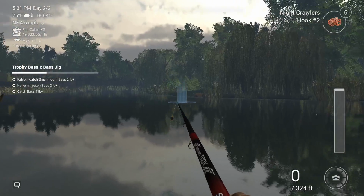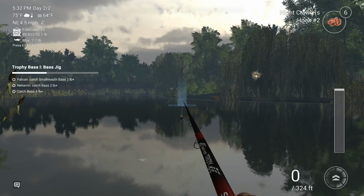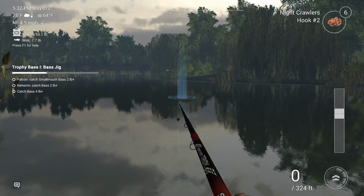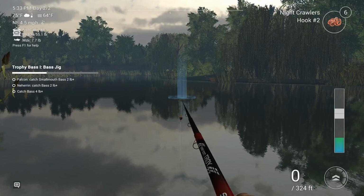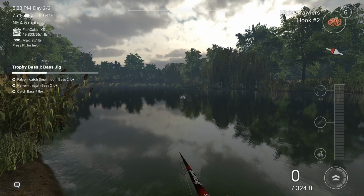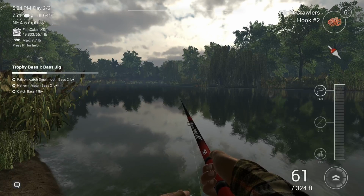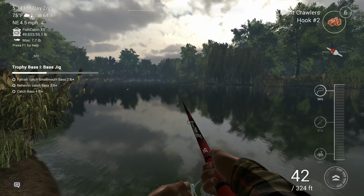So you see the yellow boat there? And then a little bit over to the left is this tree right there. This is the tree I'm using as a reference. And now what I want to do is get about 75 feet out. Okay, that's 67. That's a bit short. I'm just going to bring it in as I'm running out of night crawlers to demonstrate my...